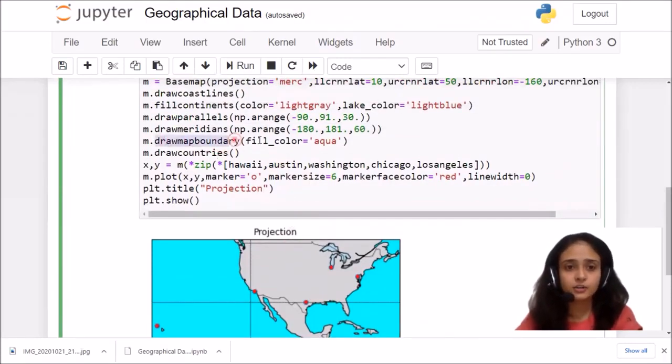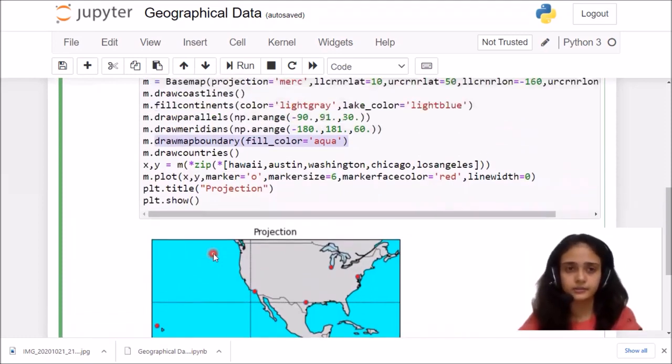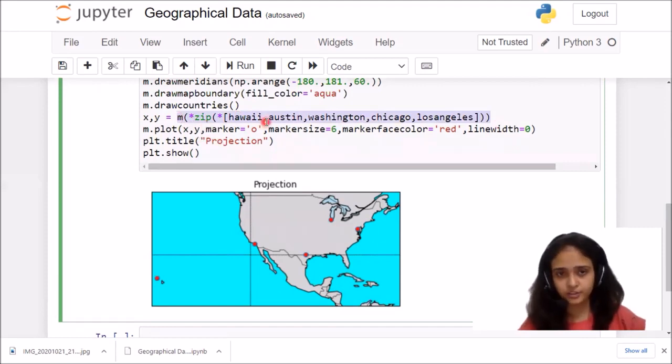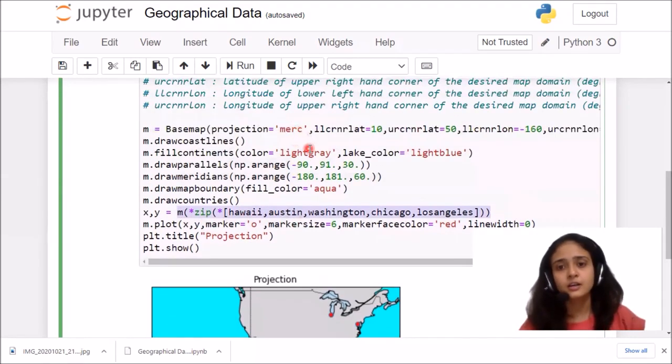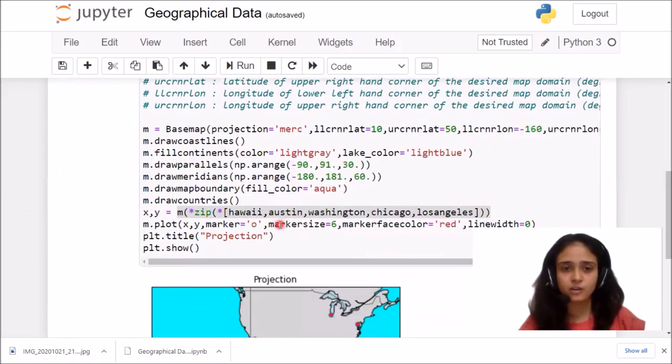Then I am writing draw map boundary and fill color with the aqua. So you can see that this particular area shows the aqua color. Then for plotting the graph, I am writing m dot plot, that is x comma y. So this x comma y will be taken from m, and in my zip function I am writing all these different parameters, that is the 5 parameters that I have mentioned over here.